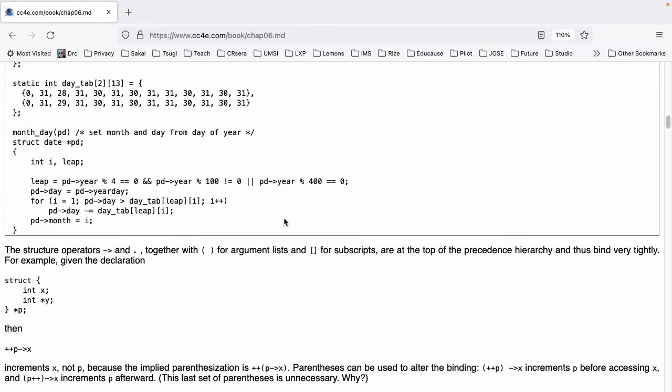month_day(pd) struct date *pd; { int i, leap; leap = pd->year % 4 == 0 && pd->year % 100 != 0 || pd->year % 400 == 0; pd->day = pd->year_day;